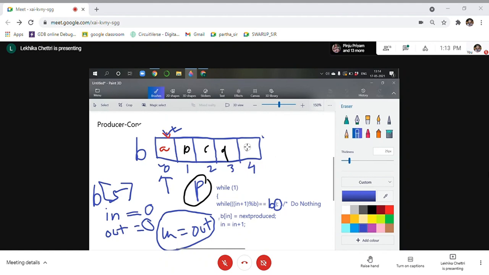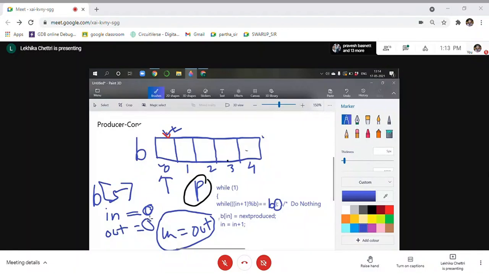Okay, if you are having confusion with this one, let me delete it as well. I will write it. Okay, so I have declared my buffer of size 5. I'm implementing it with an array, so values go from 0 to 4. In this scenario, tell me what is my in, that means what is my next free? This one, 0, so I have 0 here. Okay, so what is my first full? No, I do not have anything that's full. I don't have anything full, so it is 0 only.